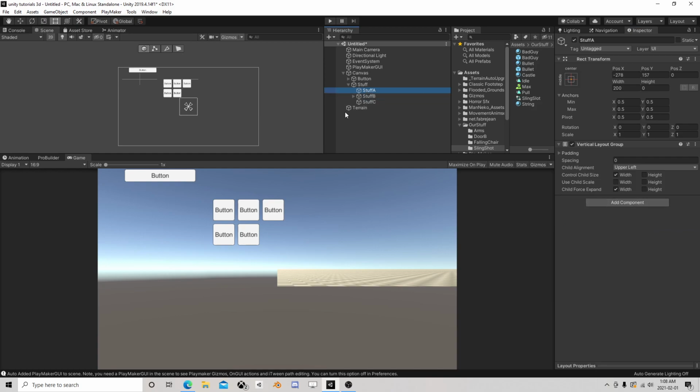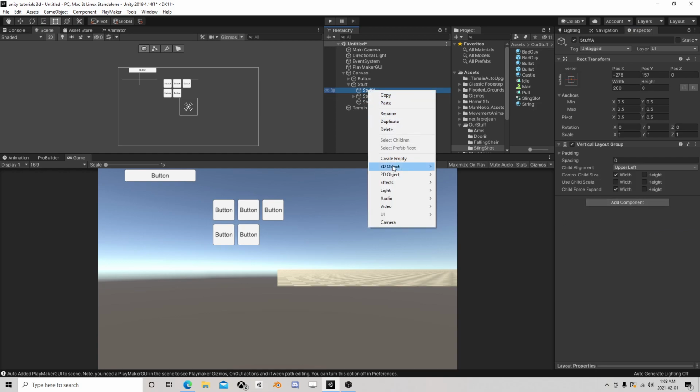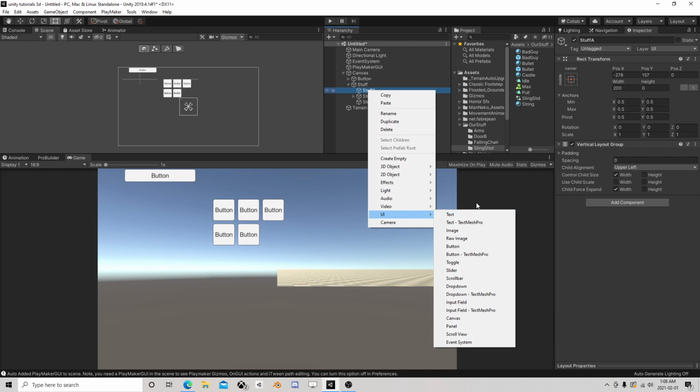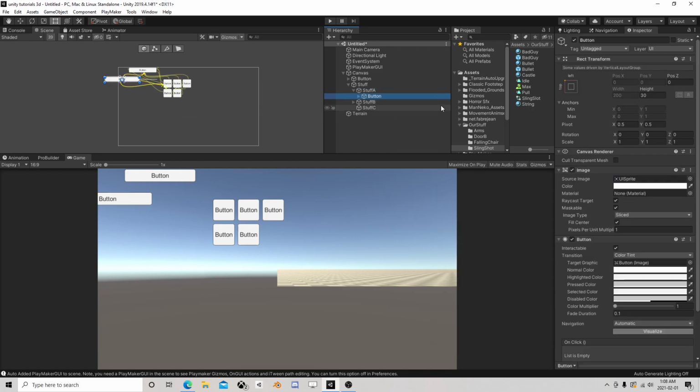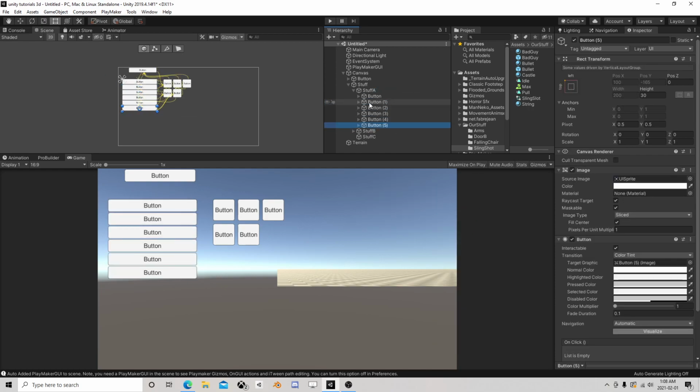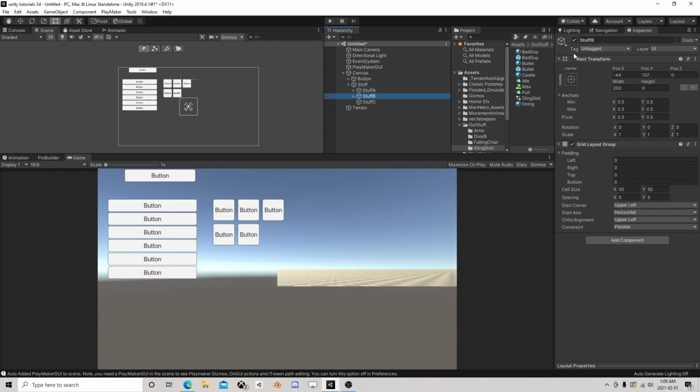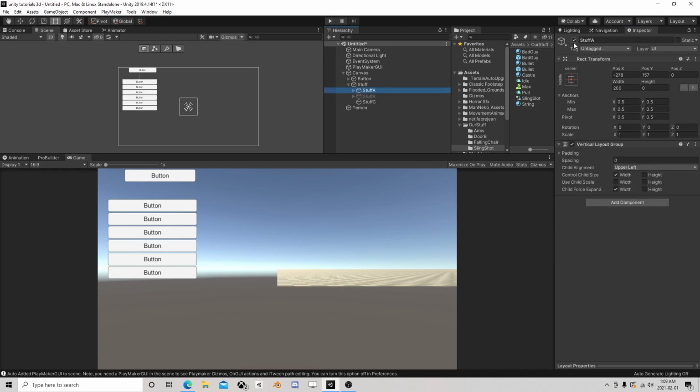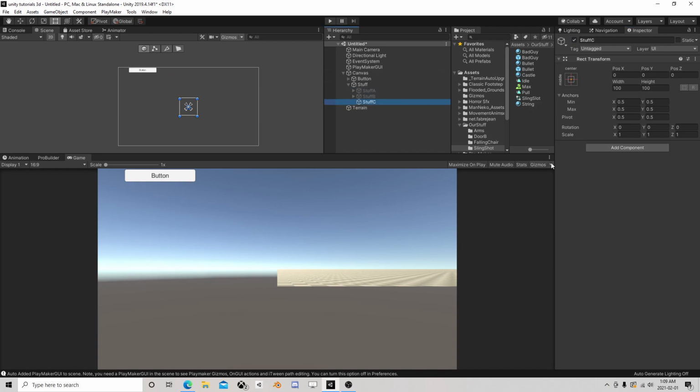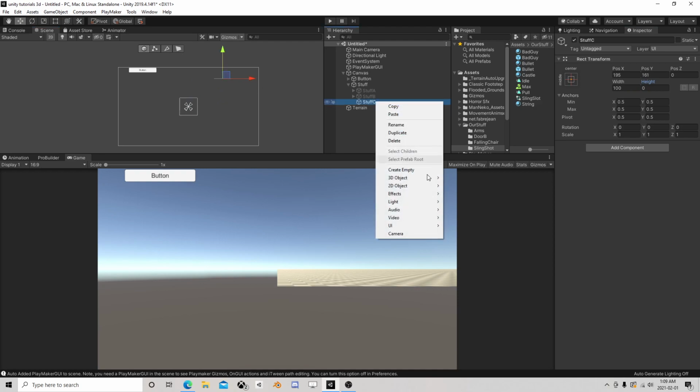And over here, actually I'm going to add some buttons anyways. UI button. Just stick them in like that. I'm going to deactivate these. And in this one, which we put in this one, let's give him